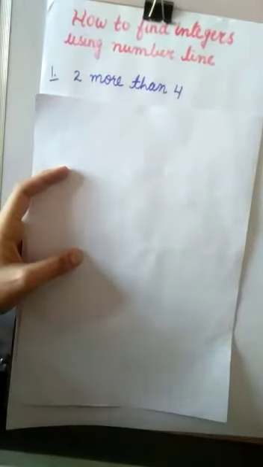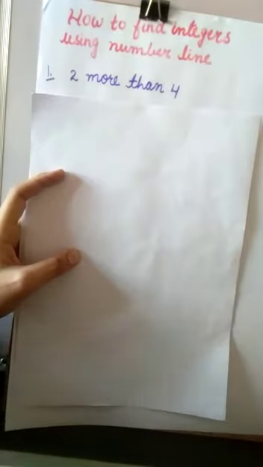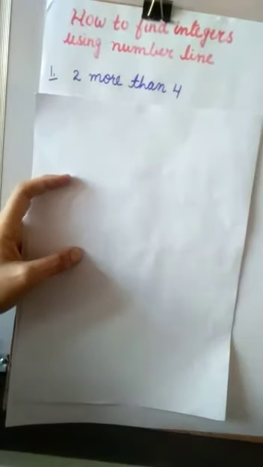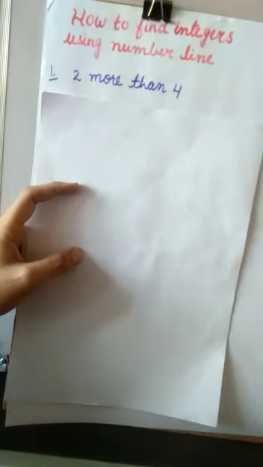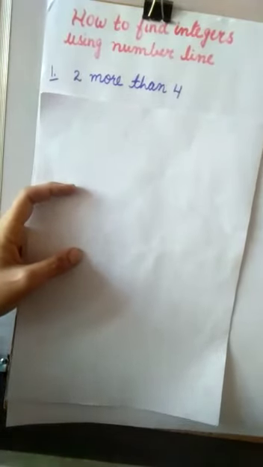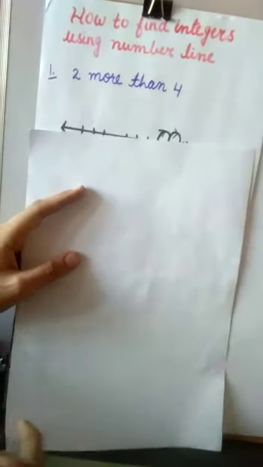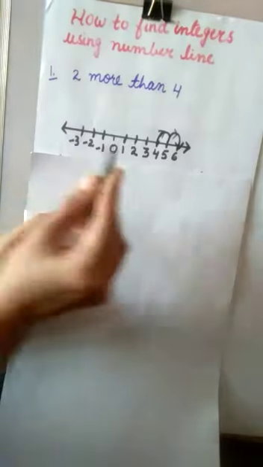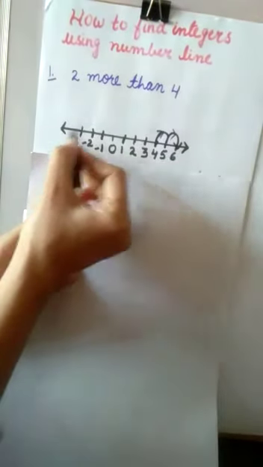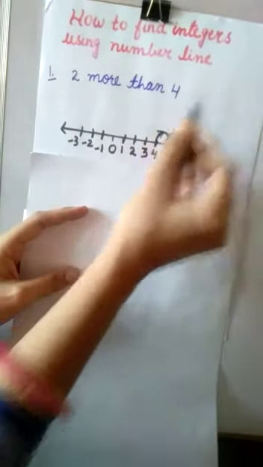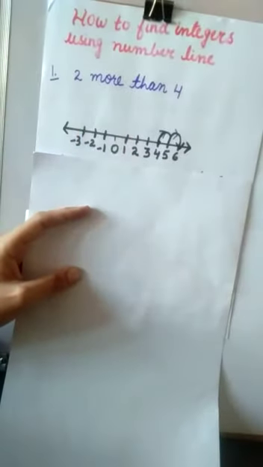Now from this concept, first of all we have to understand "more than." Anywhere we see the words more than, that means you will be having more. Whatever number you have, you will have more than that. Anytime you have more than, it means the number will go on increasing, and as the numbers increase, we have to mark on the right hand side. So here we will start with the number line. We have to draw a number line showing the positive integers and the negative integers. Of course, more than 4, so we have to mark some of the numbers greater than 4 so that we can easily calculate the answer.